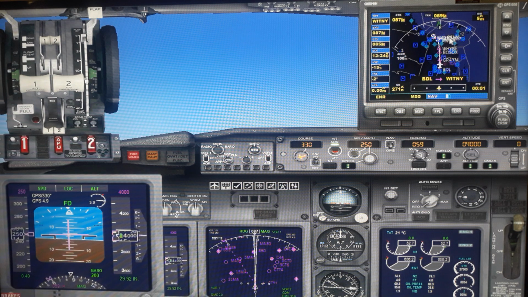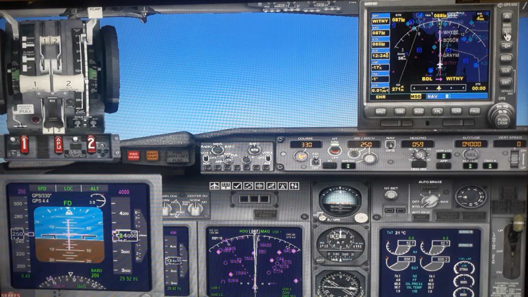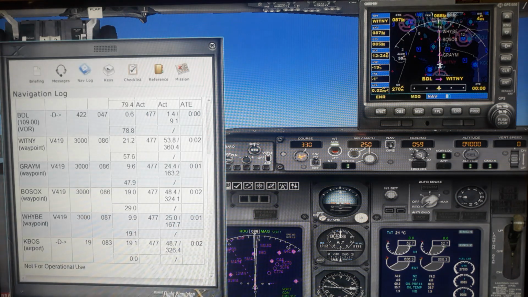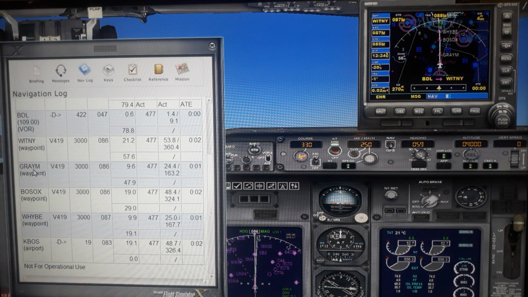Now this is Boston. Now let's increase it. So you see the waypoints here, which you have seen here. Whitney, Graham, Bosox. Now we are flying. This is the leg we are doing now.